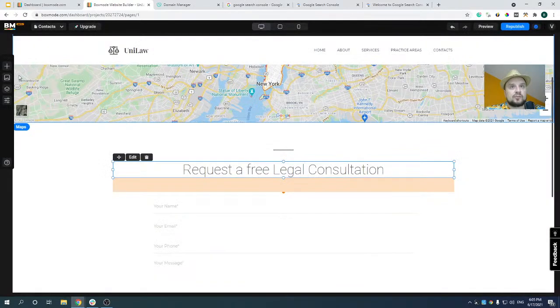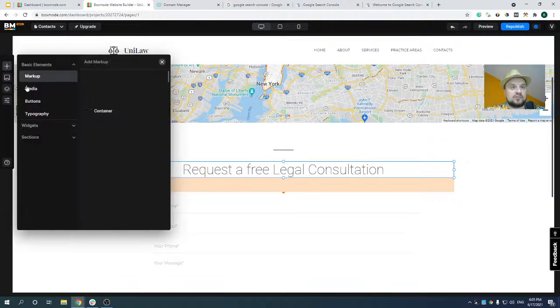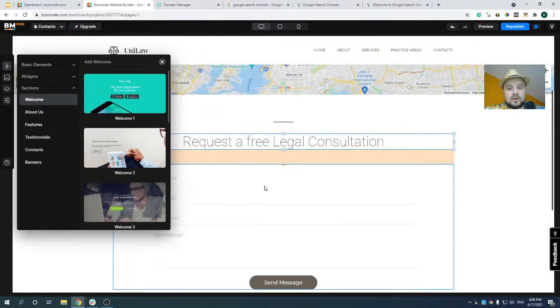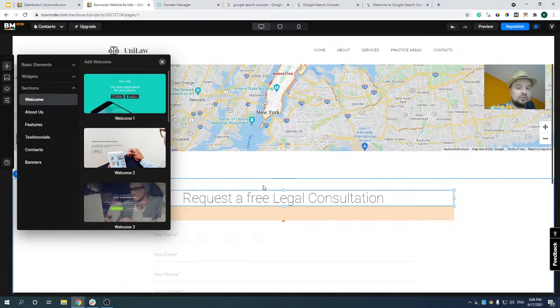And the last one is we added the section library, where you can find and add to the web page various sections from different templates. It is especially useful when you're building a web page from scratch. And as you probably noticed, on web pages across different websites, there are lots of common sections that are expected. And here we can see these sections are grouped by the most frequently used.